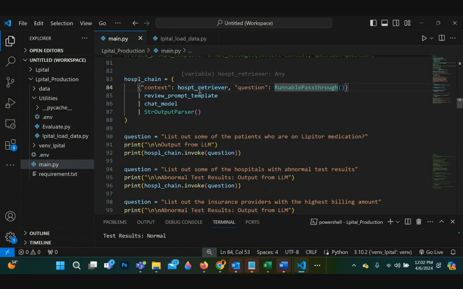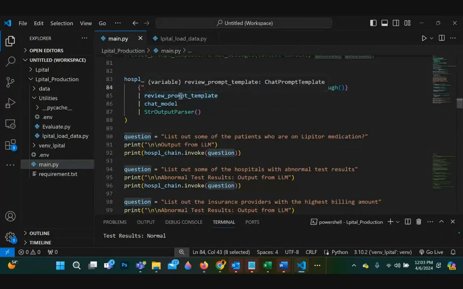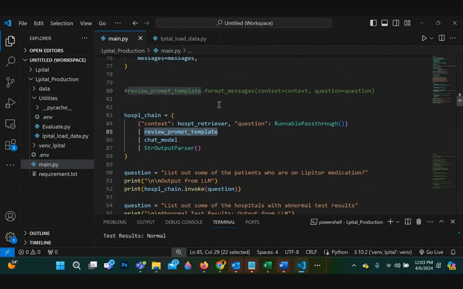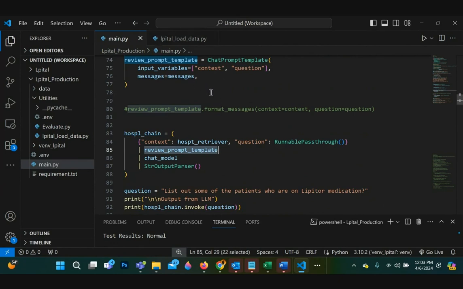So once this is done, it's piped, it's chained to the template. And we have the context, we have the question. So we pass it into the templates, which we've already built. You've seen it up here. All right.